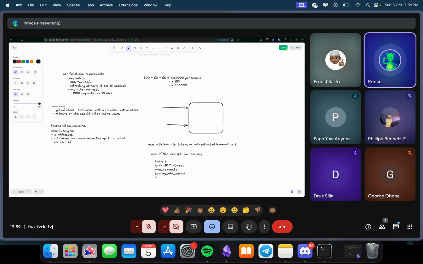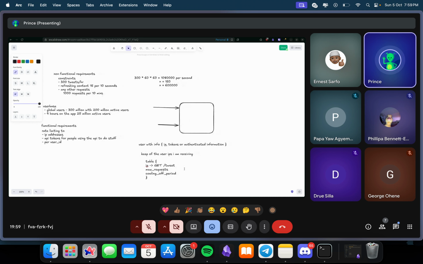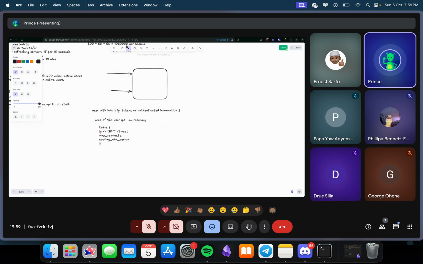And most essentially, the cooling period, if we see that it has exceeded the max request. So a design like this would